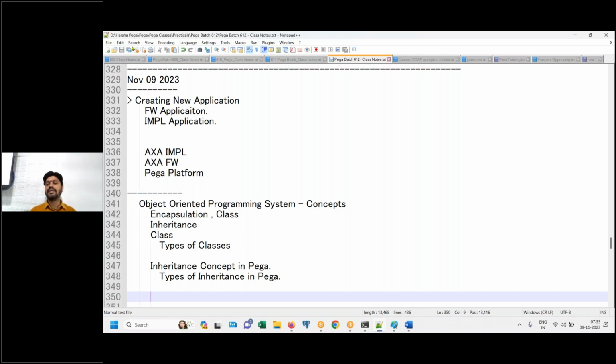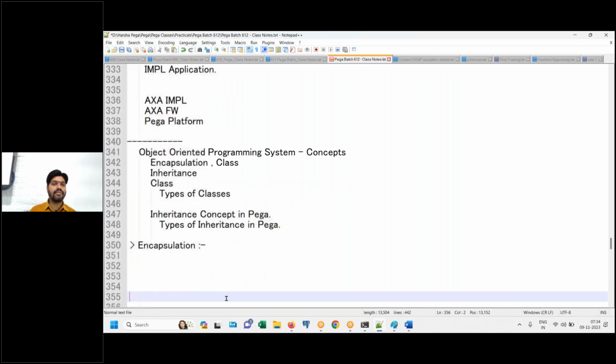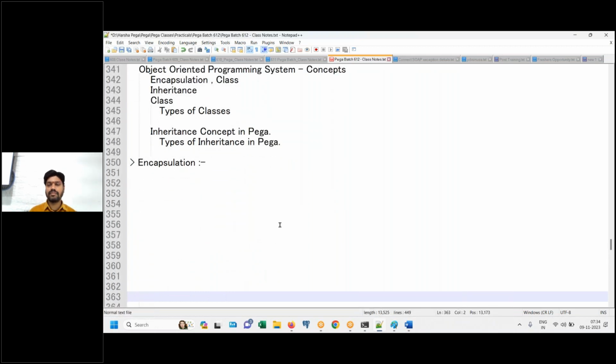Understand clear, everyone? So I will tell you now about the encapsulation concept. What is the topic now? Encapsulation. First of all, you tell me what is meant by encapsulate. What is the meaning of capsule? What is a capsule? You know, right? Putting two things together in a single thing. You have a capsule, right? A capsule is a kind of tablet, covering something. Yes, sir, it covers the tablet. Inside there will be some medicine.